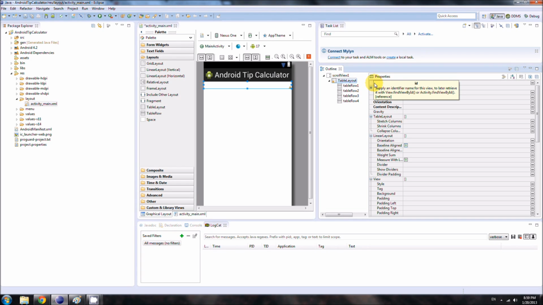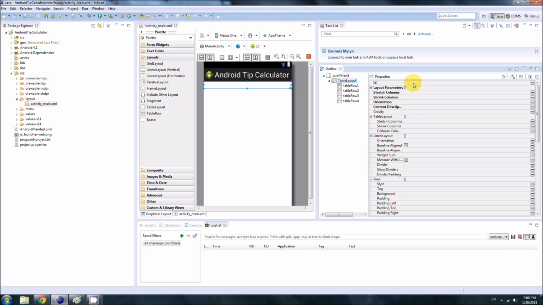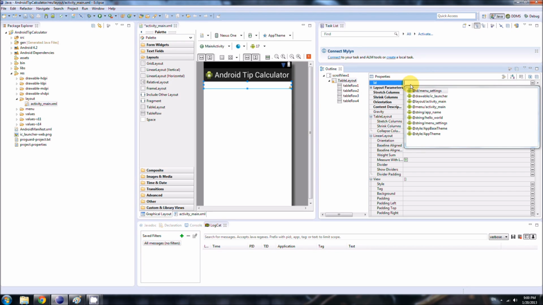The ID is one property that we will be editing right now. The ID is basically a value that you can assign to objects while you're making the UI with XML. Then later on, when you're doing the code in Java, you can refer back to the objects you created in the XML file by referring to the ID that you gave them. So if I want to change some aspect of the table layout when I'm writing the code in Java, I can just access this table layout by giving the code the ID of this table. And the ID that we're going to give it is